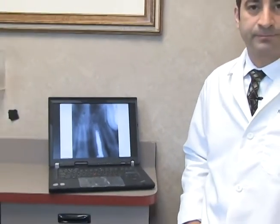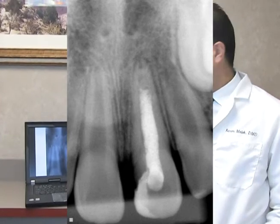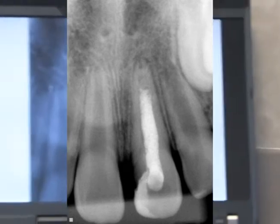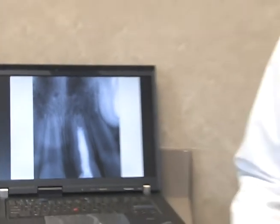He came in, and I took another picture of him, and this is what the picture looks like. So what was interesting to me was that he had a root canal done, which pretty much looks like they packed it very well with calcium hydroxide, or it could be Cal Plus, or it could be gutta percha. So I called the general dentist, and yeah, he said there's a calcium hydroxide paste, and 6 months after he was in my office, he developed an abscess, and he developed swelling, and he went back to get that